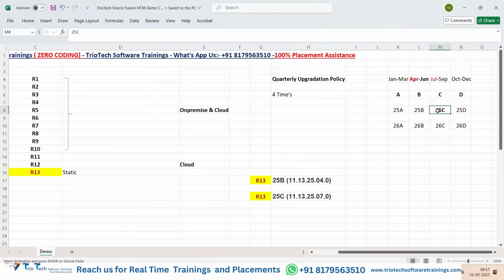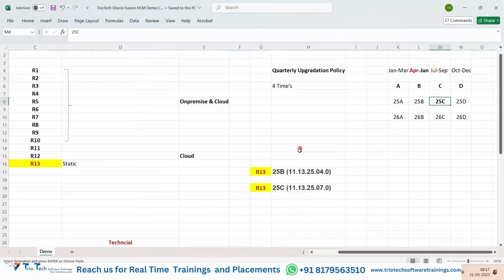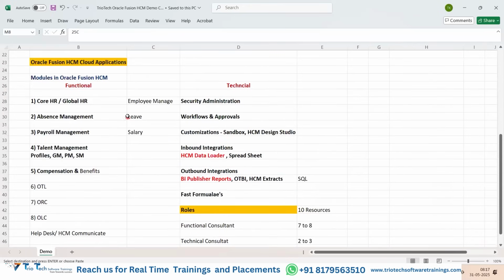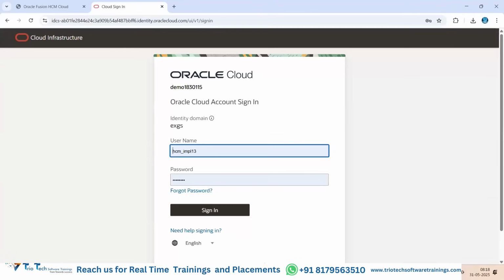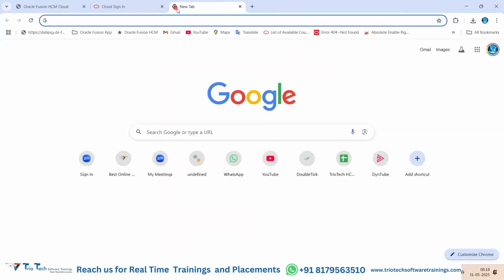Every quarterly upgrade, when Oracle upgrades their application from version to version, there are new enhancements in each module. Oracle gives release notes documents for that, team. Many people don't know, there is nothing to pay for Oracle anything. It's a free source, and we can access that. So the standard Oracle documentation for each module, implementation guides, user guides, admin guides, or the release notes, how can you access that, team? Simply go to your internet, I mean to say browser,